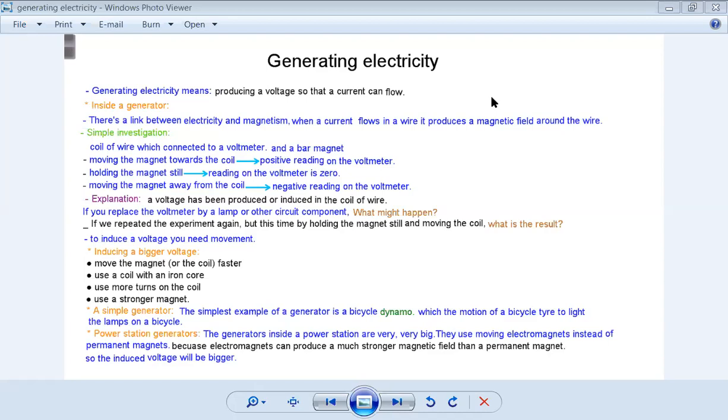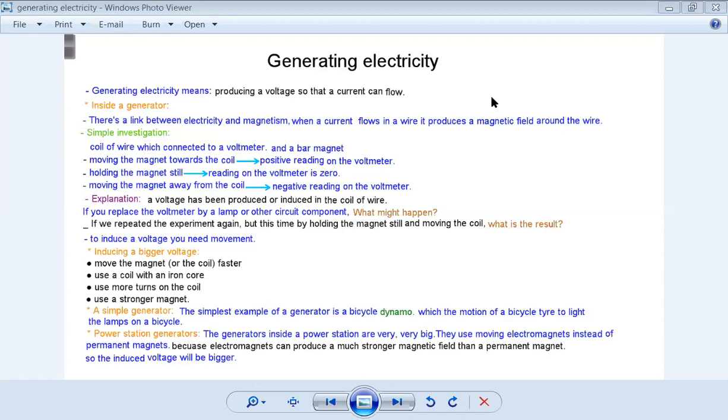burned to turn the water into steam, and then the steam will run the turbine, which is like a huge fan. Okay, these turbines will run the generator to generate electricity to deliver it to the houses and our homes and factories. We said also that burning fossil fuels can produce carbon dioxide and other gases which could pollute the air